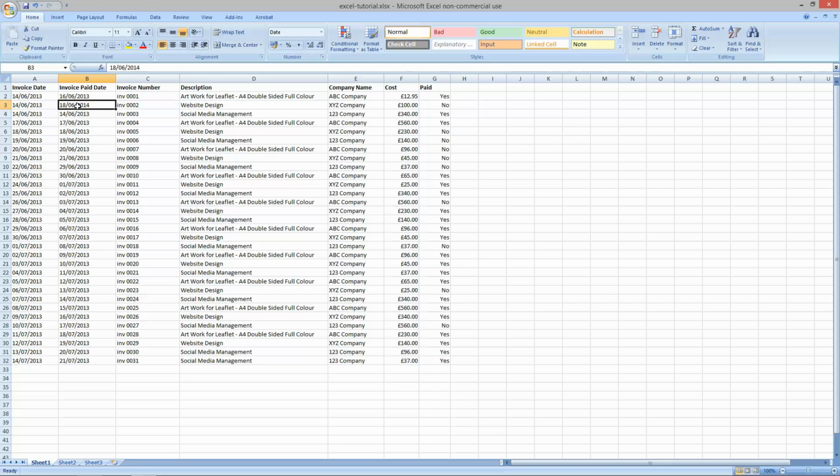Really, this cell here shouldn't have a value in it, because this is telling us it hasn't been paid. So how can it have a paid date in there? It can't have a date in there if it's not been paid. So I'm just going to check, to make this a little bit easier, I'm going to show you a quick